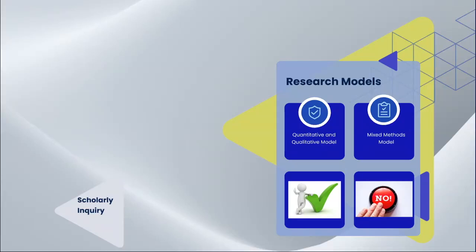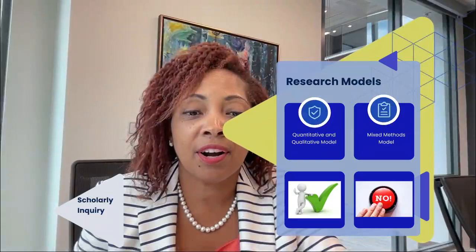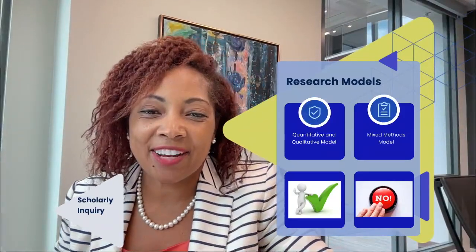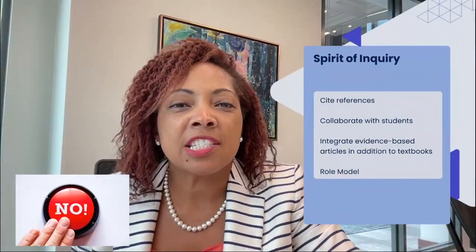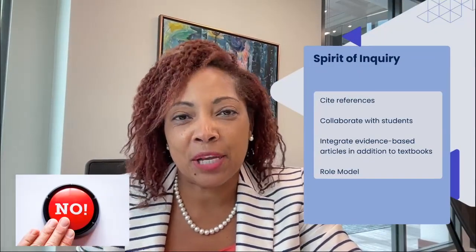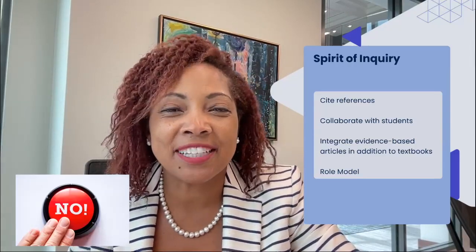All right, so let's take a look. If you chose no, you are correct. This is not an area that you will need to focus on, but this is what you will need to focus on. Let's talk a little bit about this spirit of inquiry that I know many of us heard